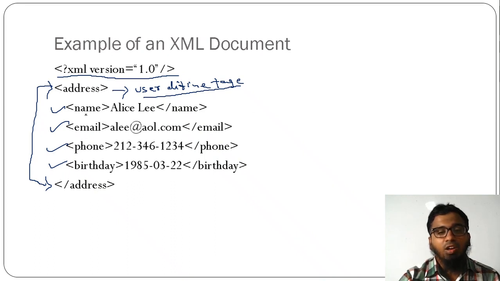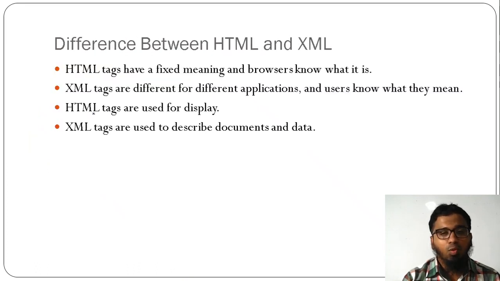So how to write, this is called the opening tag, this is the closing tag, same as HTML. Opening tag, closing tag, and the closing tag will be with a slash, okay, and every tag that you open should be closed. So most of the things will come from XML only, these tags. But the thing is, we can create our own tags. This is a major advantage of XML, and XML is for storing the data. Okay, so this is an example of XML.